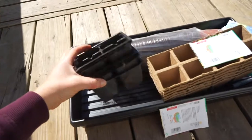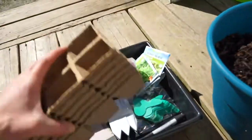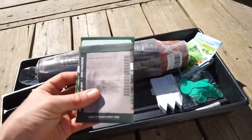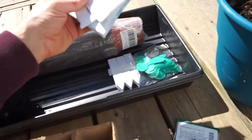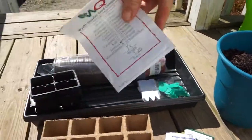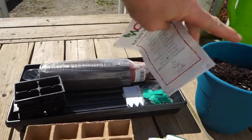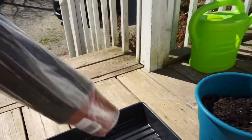So I'm going to go ahead and transpot my tomatoes. This is what I'm working with today. I saved these from last time. I'm also going to be planting some lettuce, muscalin mix, romaine, and I'm not going to do all of these. There's some red ruby. This is from our local garden center. So I think I'll do the red ruby too. Oh, roosters. I have my little transpots, and